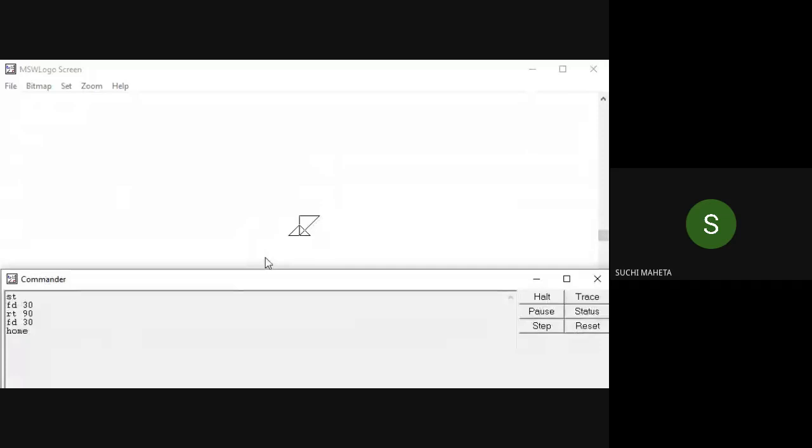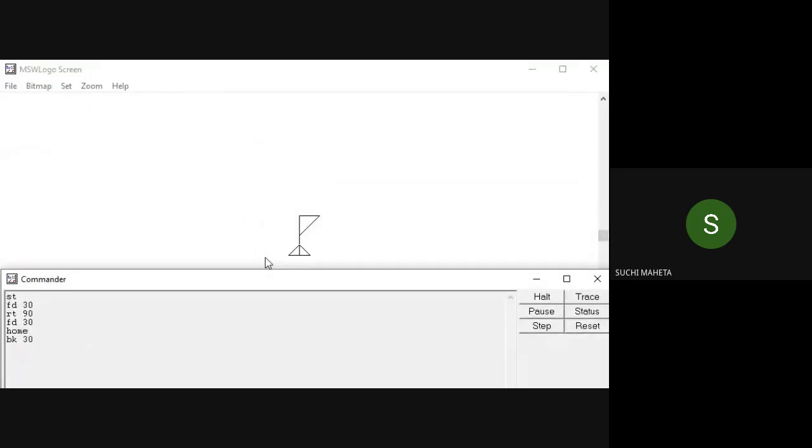Let us do the second one. I'll do show turtle because I have hidden the turtle. Okay, the first one is FD space 30. RT, sorry, it's HOME. BK space 30.